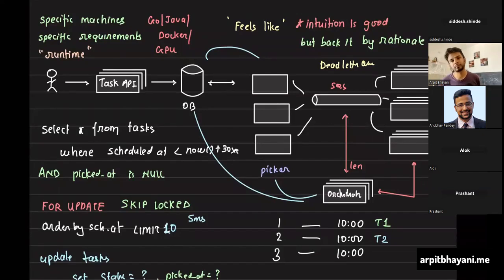And one more thing is, generally given the task, at least the requirement that would come up is you would have to collect at least the execution logs, right? Like what happened. It may be success, may be log. The third thing, which I think is required, is that the task API would be generally asynchronous, right? You just schedule, then you get a notification on whether your task failed or succeeded after a few seconds, minutes, hours, doesn't matter. Yes. So there has to be a second pipeline which comes back in the same direction and tells the user.